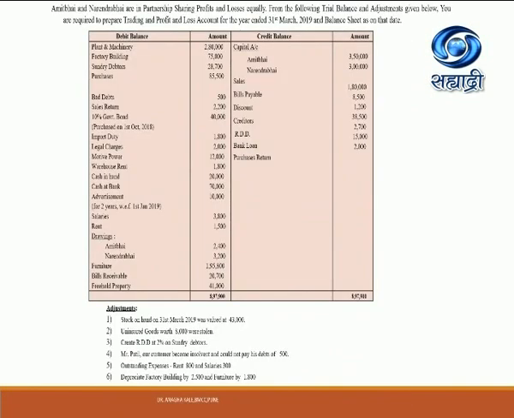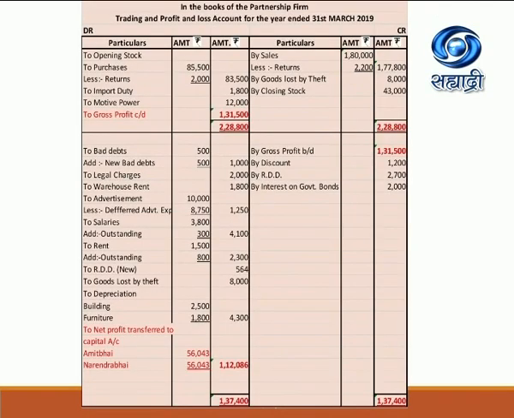Advertisement is given for 2 years with effect from 1st January 2019. So again, this is deferred revenue expenditure. So we have to show the implied adjustment. First, we'll be showing it in profit and loss account. So profit and loss account debit side, to advertisement in adjustment column, you will find 10,000.